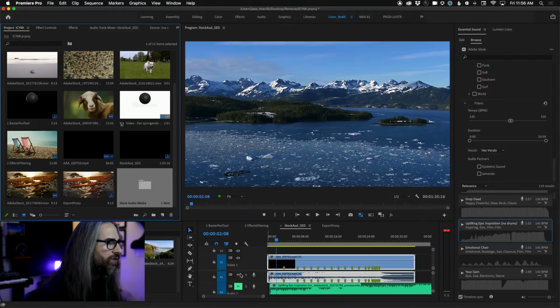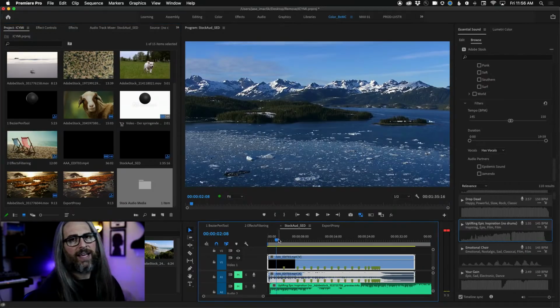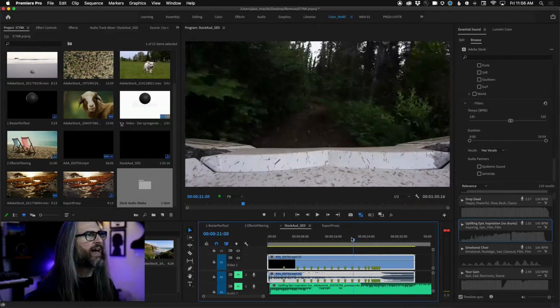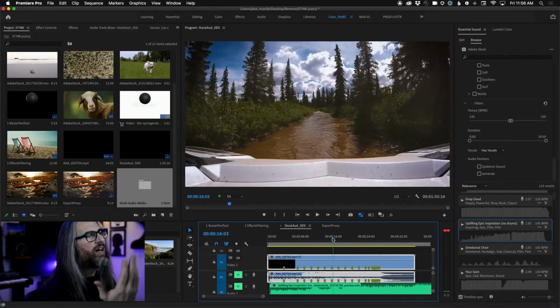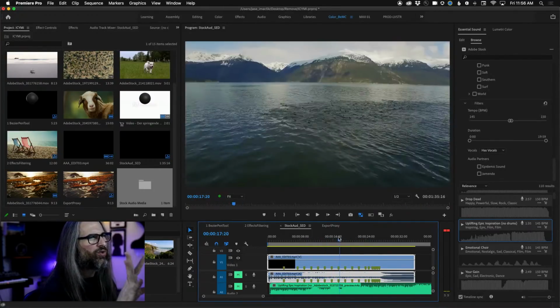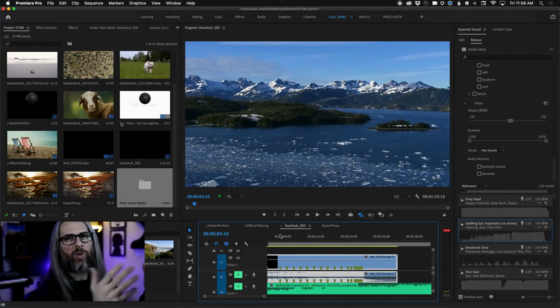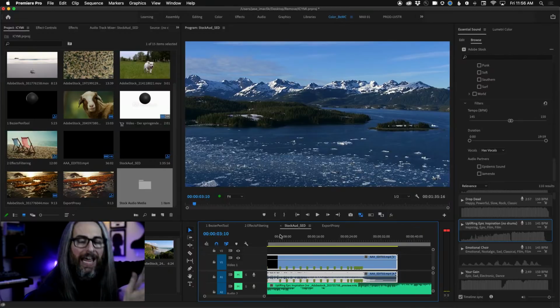Scene edit detection. We're going to use the same piece here. Now, scene edit detection was also released in June 2020, or was it released in beta in June 20? Gosh, I don't even remember now. In any case, it came out end of last year, and the idea behind this is that you can take something like this finished edit that I have here, and let's say that I wanted to go back and tweak some of the color, or again, some of these, the contrast is a bit different, and just kind of homogenize the look. I mean, there's a number of reasons why we might want to go back to something that's been flattened or edited or finished and make tweaks to it.